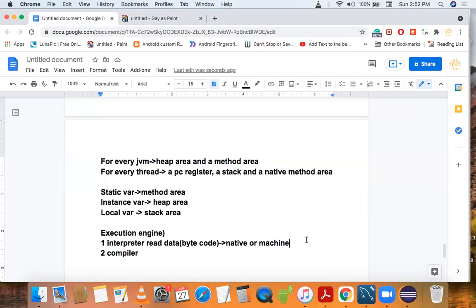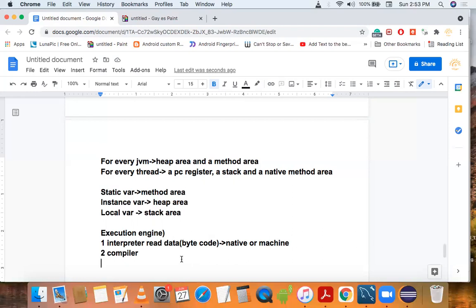But there is a disadvantage of the interpreter: it interprets every time, even when the same method is invoked multiple times. Suppose we call a method multiple times, each and every time it will read the byte code and convert it into machine code. This is the main disadvantage of the interpreter.